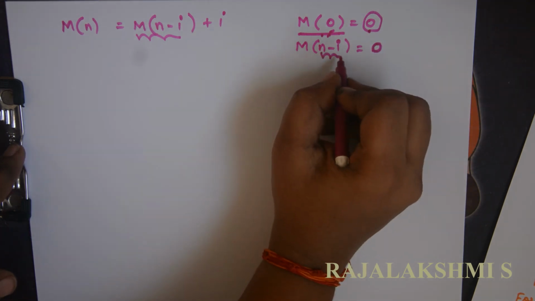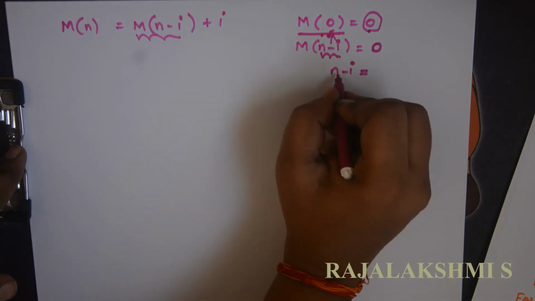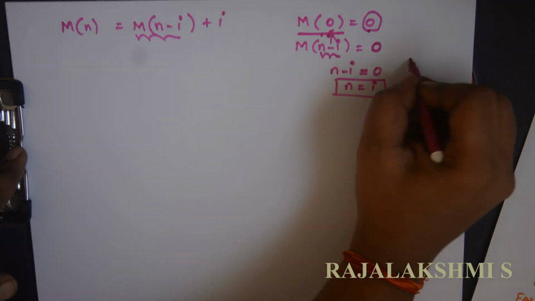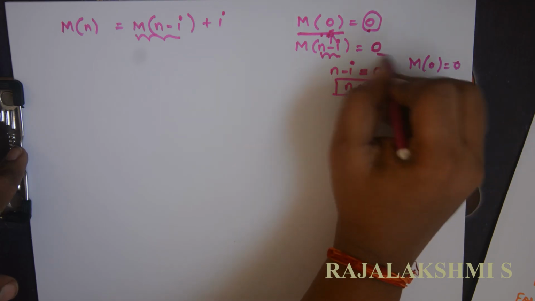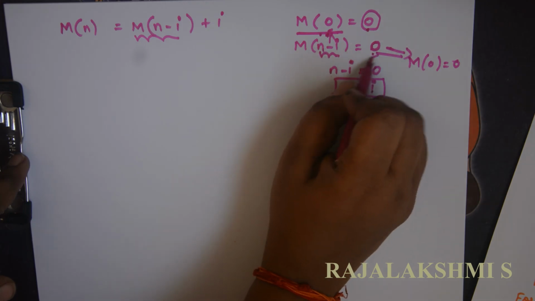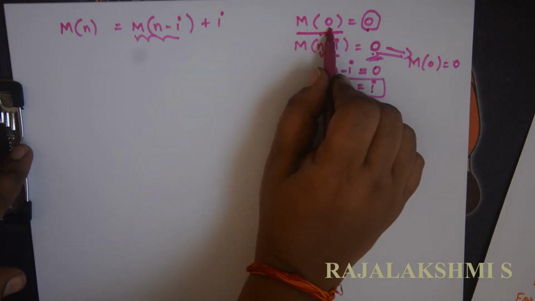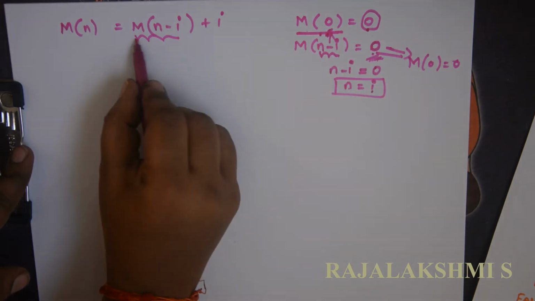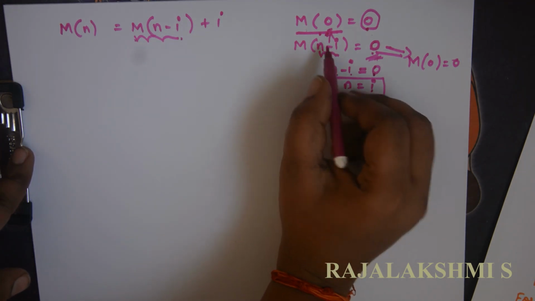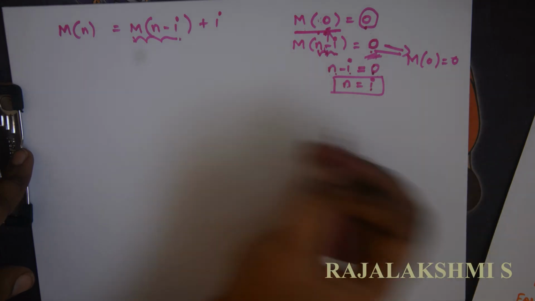So what makes this n minus i as 0? So when my n minus i will become 0, so I am equating n minus i is equal to 0. When n is equal to i, I will be having m of 0 here, so it will be 0, right? So when I put n is equal to i, this term will become 0, so I can reduce it into 0. Why are we bringing this term into 0? In the sense our base case is m of 0 is equal to 0. So to bring this term to a base case, we are making a comparison that n minus i is equal to 0. So we are actually comparing these two terms, n minus i is equal to 0, and we are having n is equal to i.